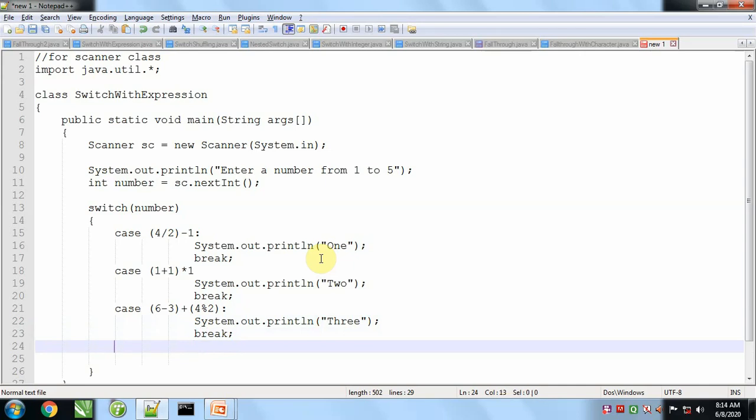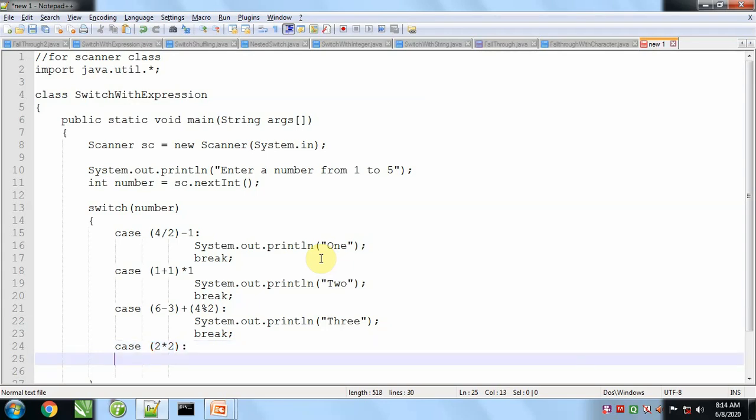Now we'll take one more case, case 4, 2 to the 4, like this.